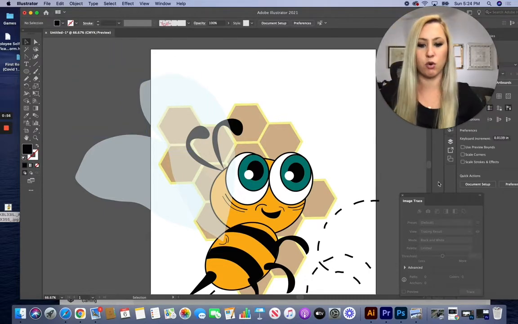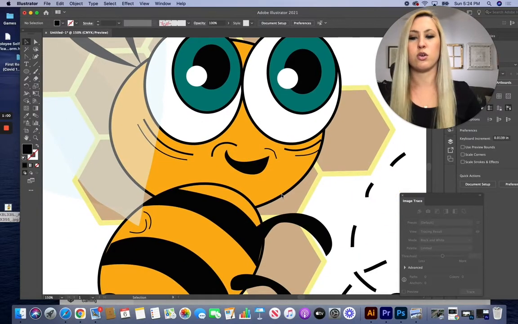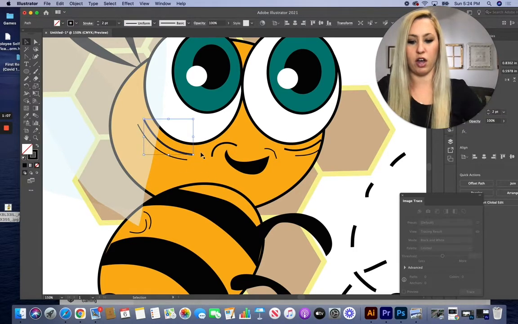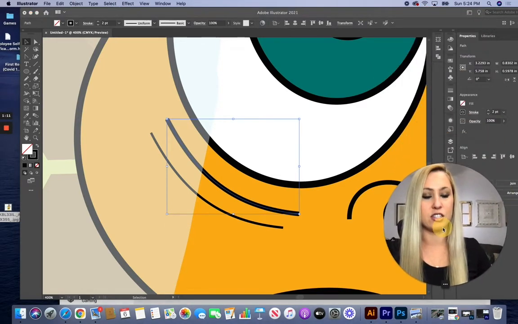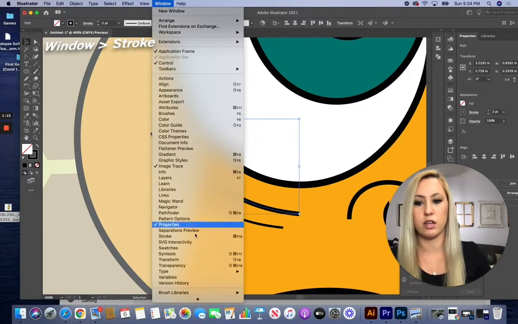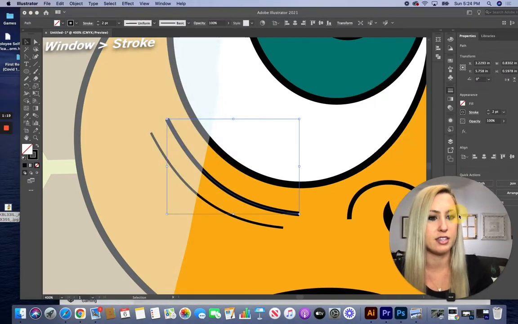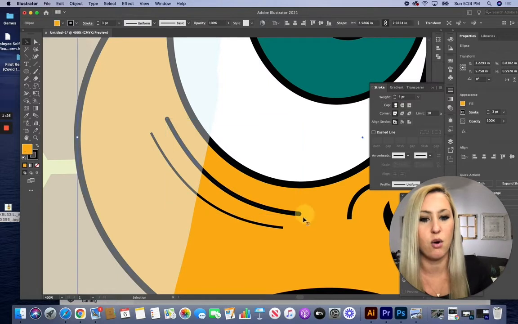The second thing I'm going to show you is how to adjust the lines of your stroke. So you know that when you draw with the pen tool or pencil tool, it's going to give you this really sharp, jagged edge at the end of all of your lines that you create. This doesn't really look finished in your design, so taking it a step further, if you go to either Window and down to Stroke to open up the Stroke menu, or you can find it here on the right-hand side of your toolbar, you're going to either change the cap of it so that it has now a curved edge